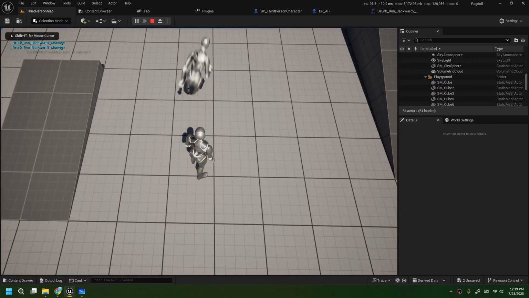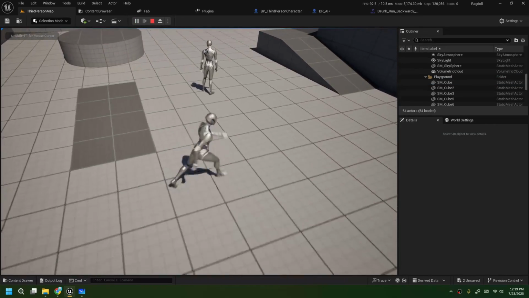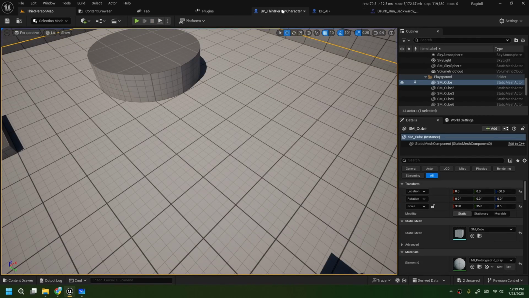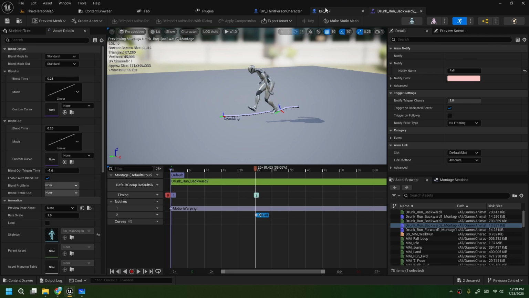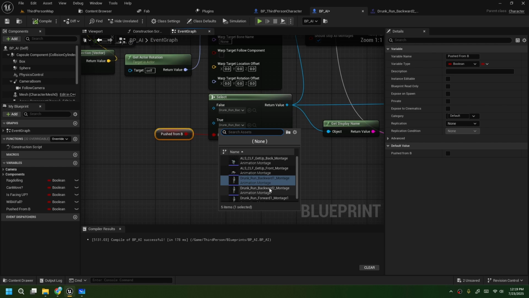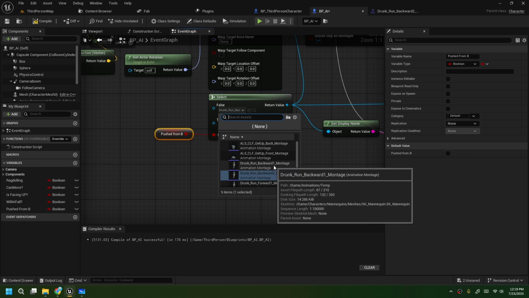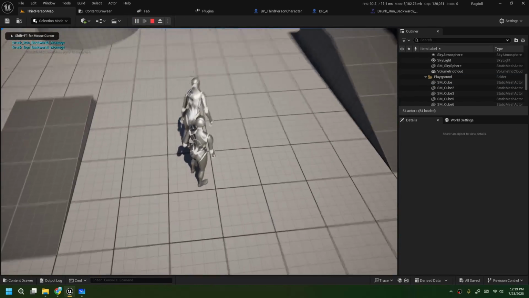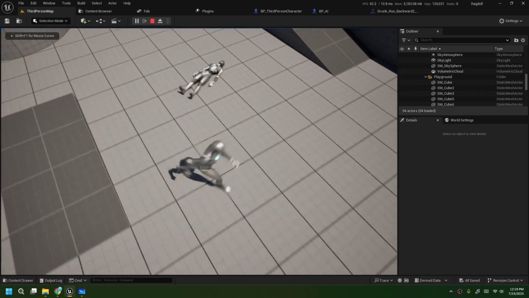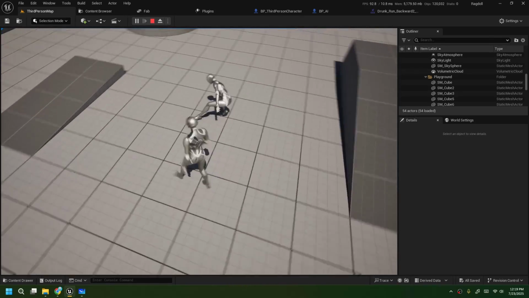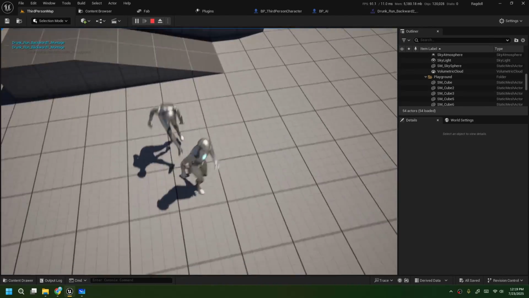So now this ran the backward one. Okay, change in here as well. So pushed from back is going to run backward 2, and either is going to run backward 1. Okay, and if we attack from front,